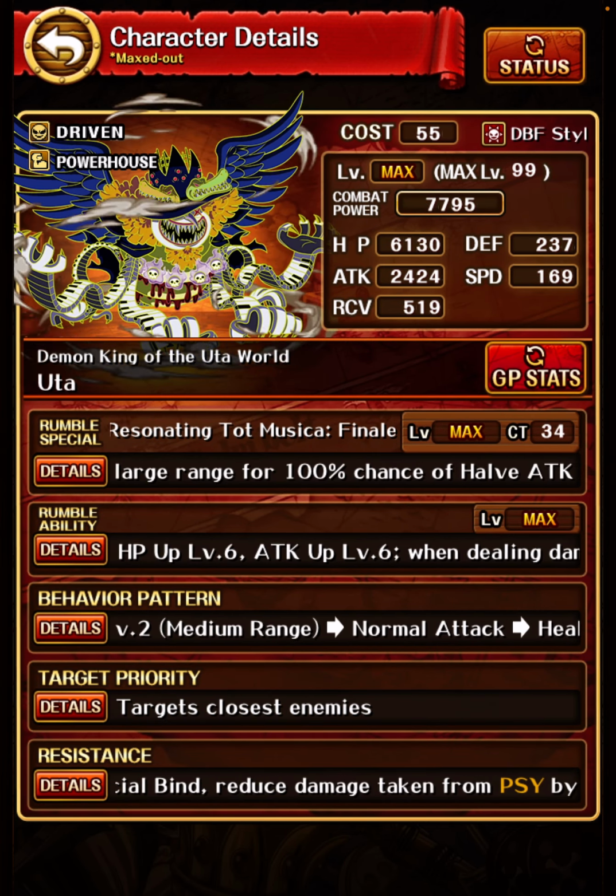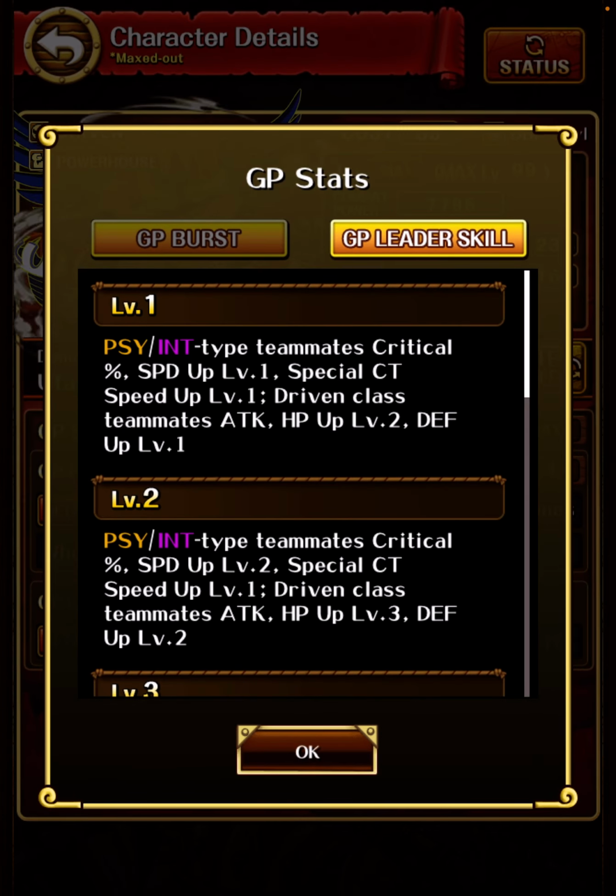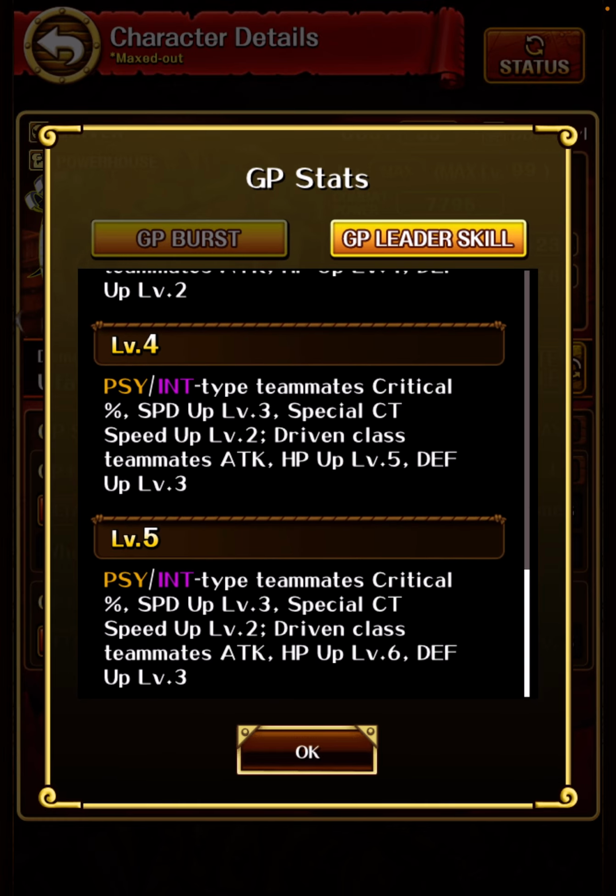You can push this button to see the GP stats. So the leader scale, and remember this is applied to all teams, at level 5 is Psi-In type teammates. Critical percent speed up level 3, special city speed up level 2. And for driven, it will be attack and HP up level 6 and def up level 3. So that's pretty cool. Psi and Int are common, and you also buff driven even more, so the Int driven team will be really good,